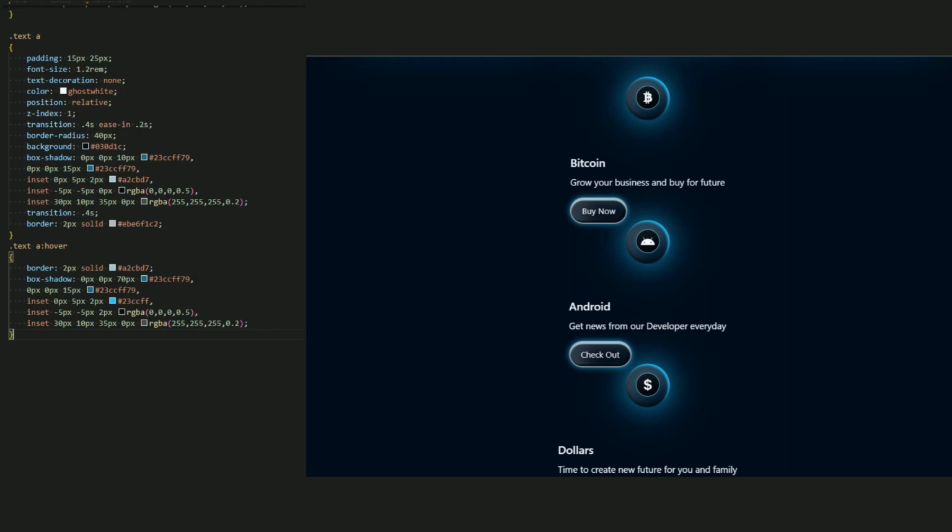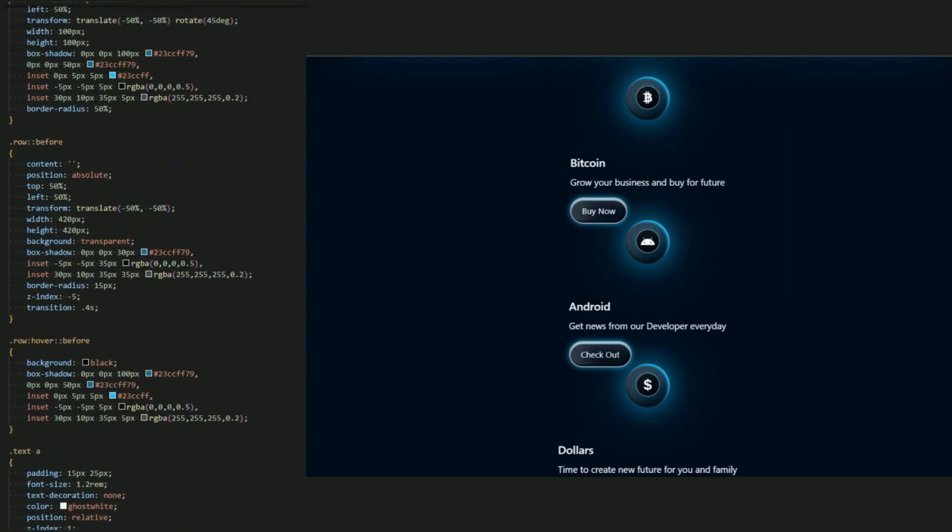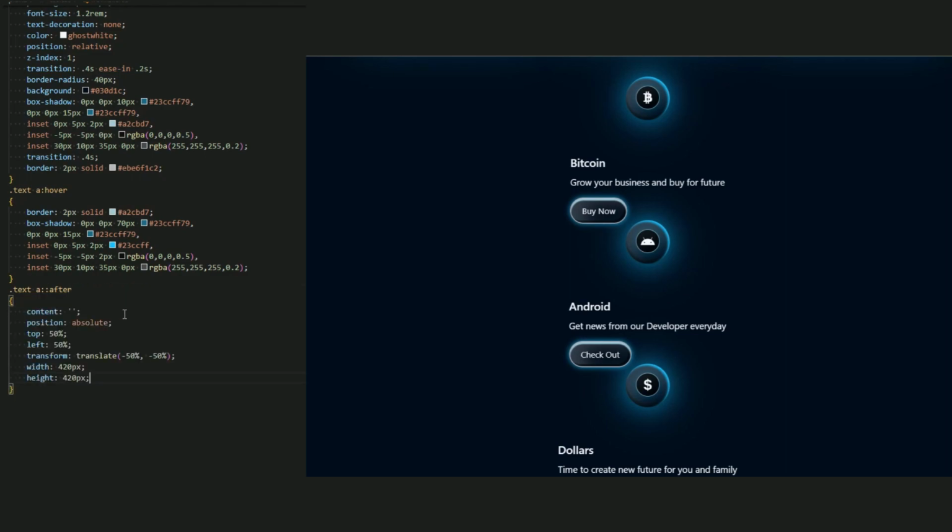Okay, and now let me add an after of this text A because I want to add this line, as you can see, in the center of this word. So text A after, and let me just copy again position absolute and the content. Here we go, paste it here. Now for the top, 53%. Okay, the transform.